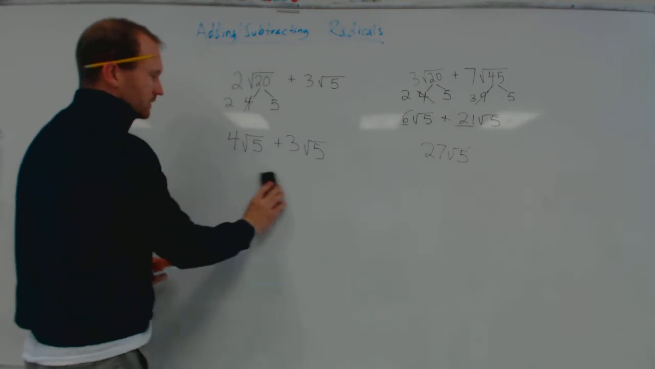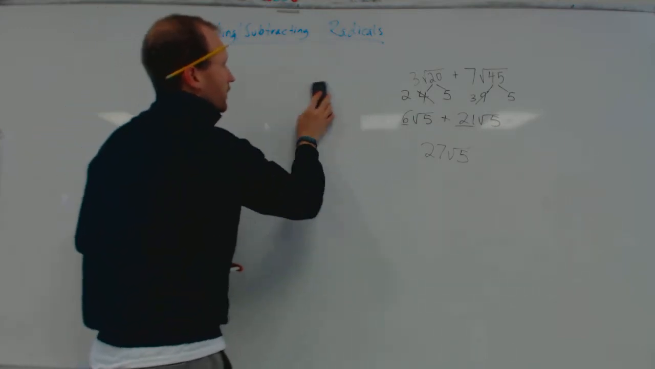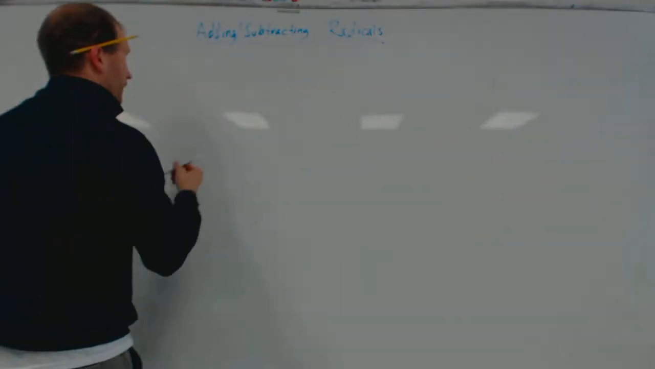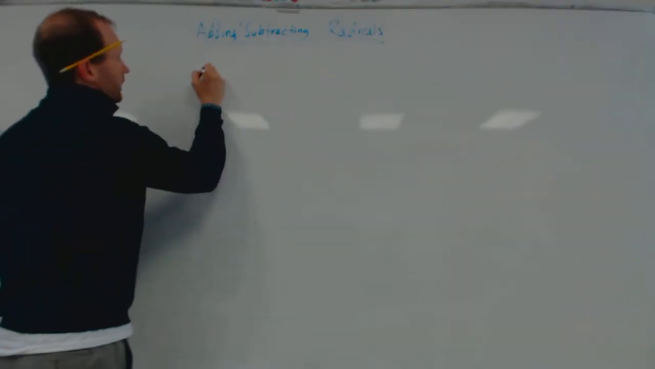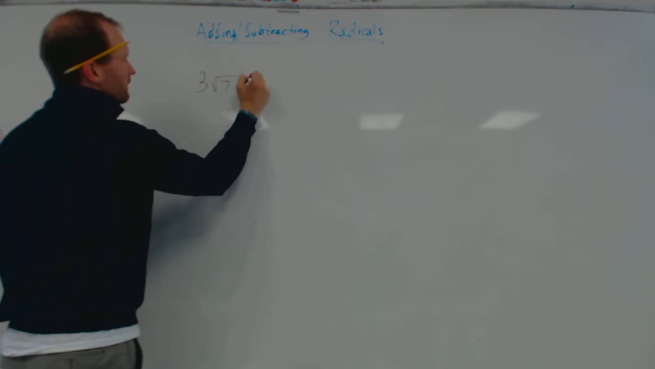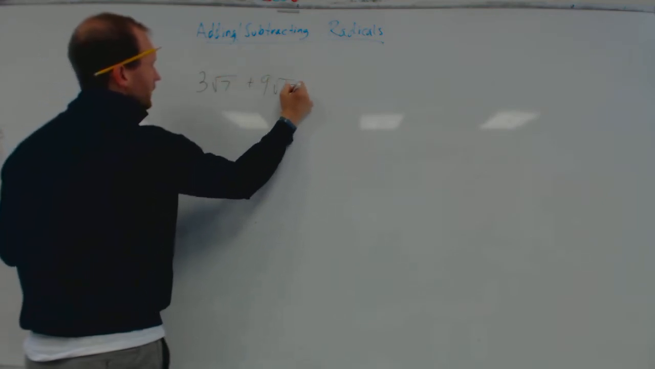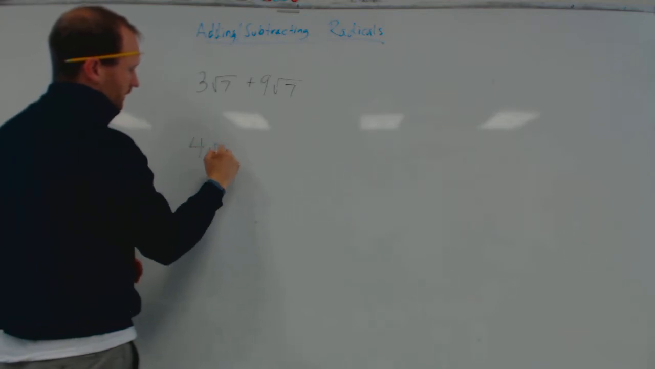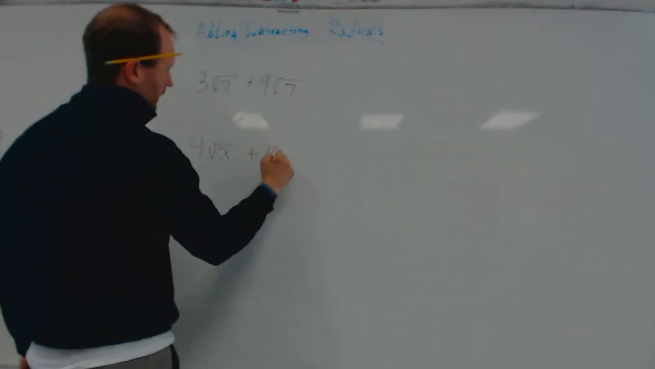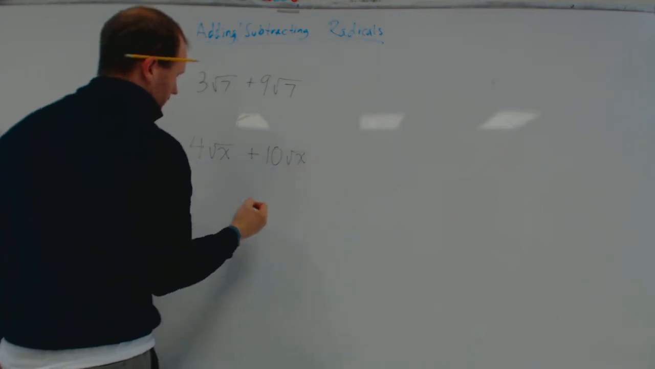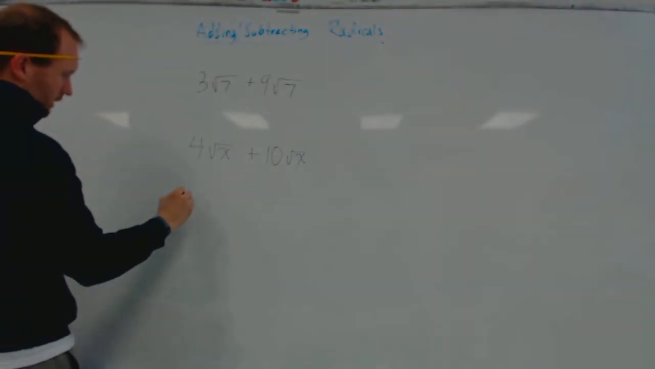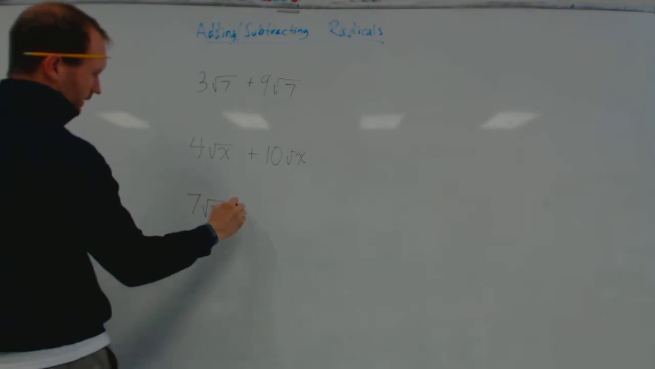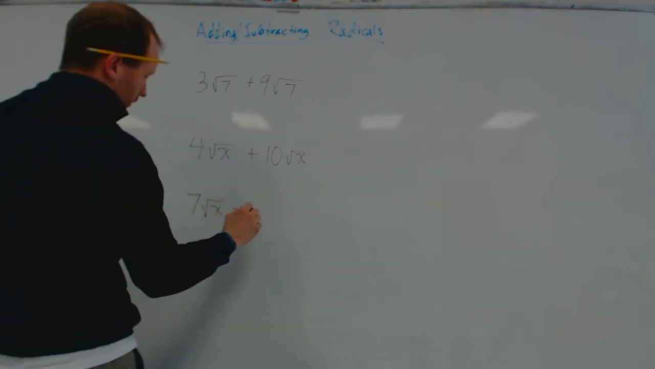Okay. Let's do a couple practice questions. Alright. So what would be 3 square roots of 7 plus 9 square roots of 7? What would be 4 square roots of x plus 10 square roots of x? What would be 7 square roots of x plus